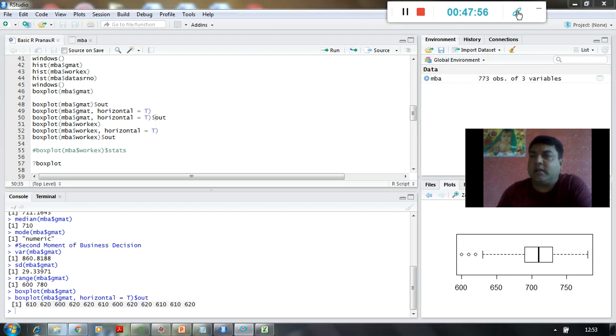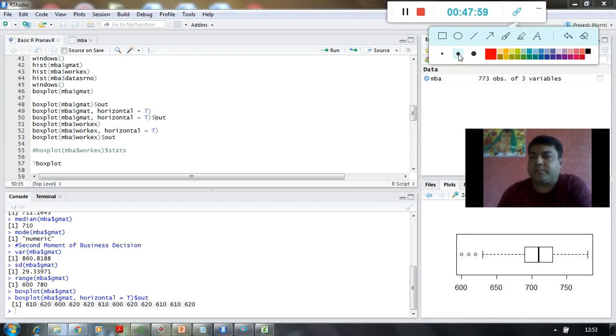So let me color mark it. So this is going to be my Q1, this is going to be my Q3, these are my outlier values.